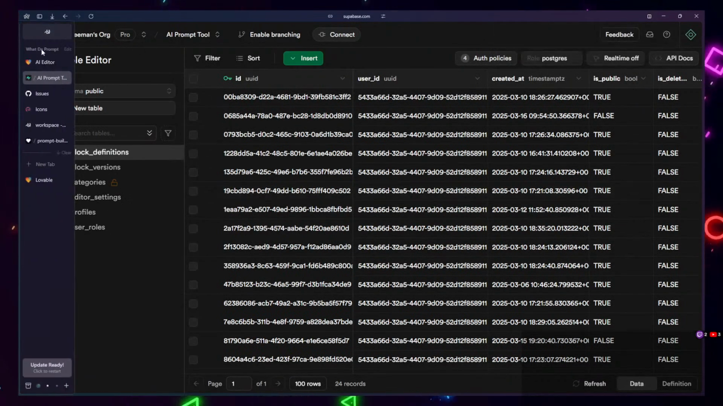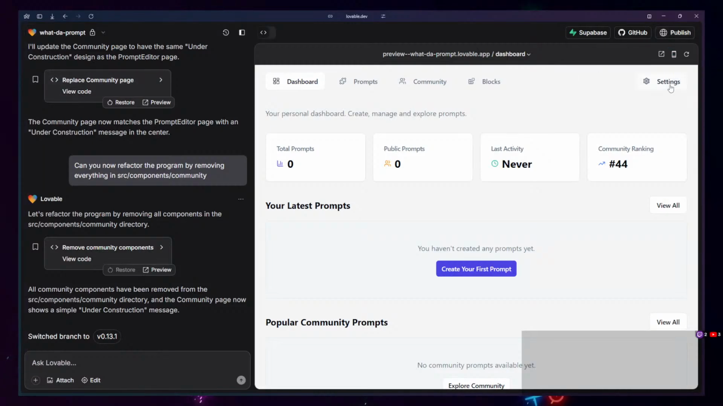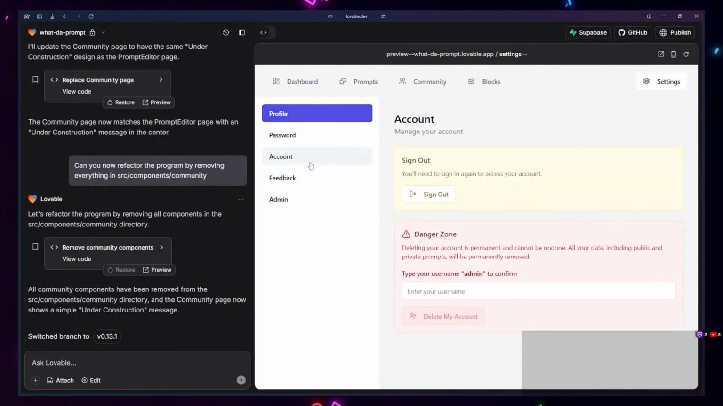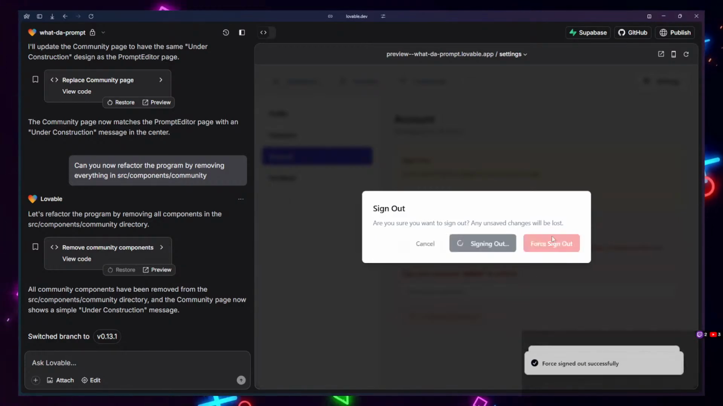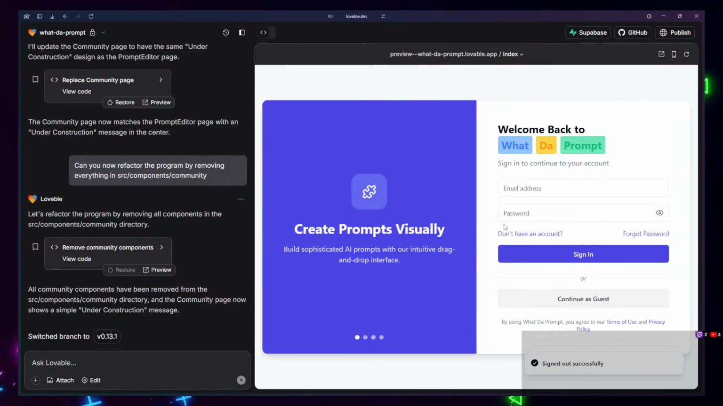And let's go back to the app and let's sign out and see if we've broken anything. I'll do a force sign out. Huh, cool. The force sign out isn't working anymore. Perfect. I had to include this force sign out because Lovable was getting me into this issue where one